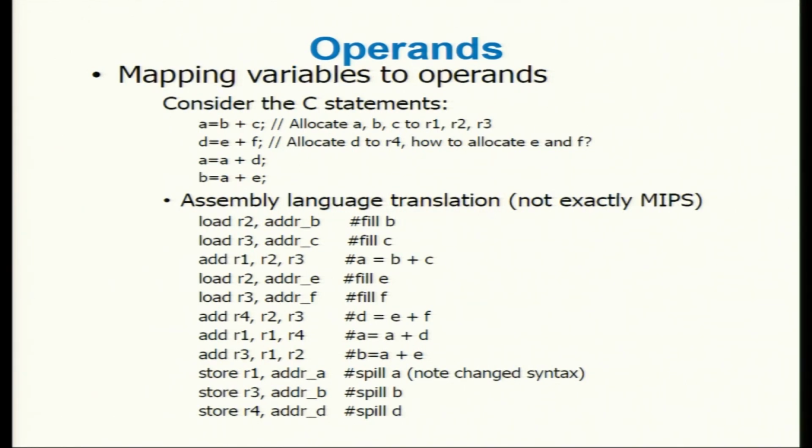So that completes the compilation of these operations. Now I have to store back the values that have been newly generated, which are essentially, if you look at the left hand side, A, D, and B. These are the 3 things that have been generated here. So, I store R1, which is A, store R3, which is B, and store R4, which is D, to